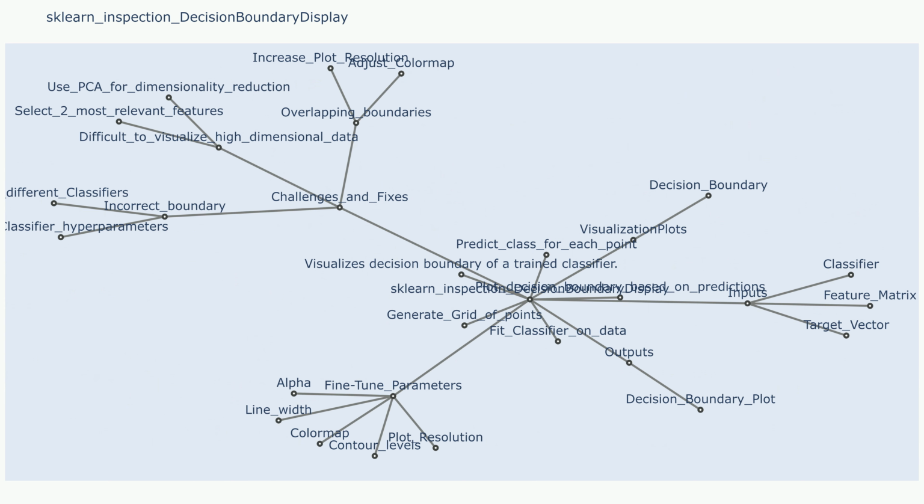Fixes to challenge 4: the DecisionBoundaryDisplay can still be used to visualize the general shape of the decision boundary. However, for more accurate representation of nonlinear boundaries, you may need to explore other visualization techniques or consider using specialized libraries for visualization.